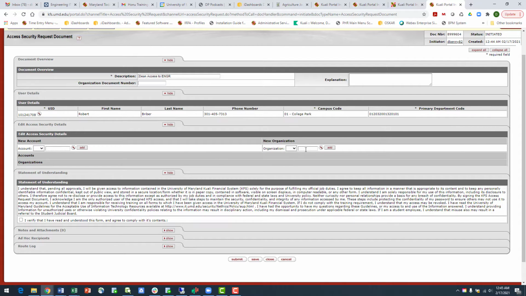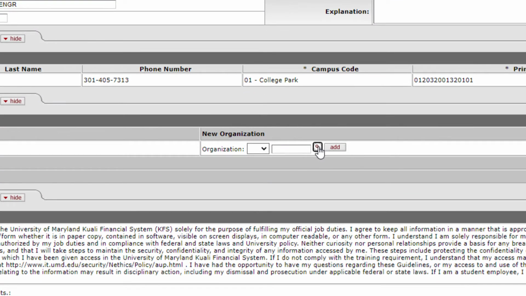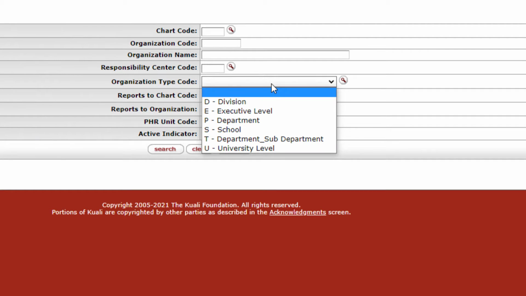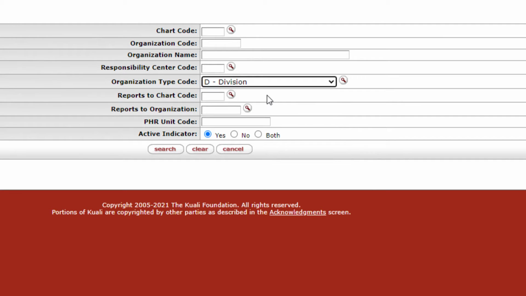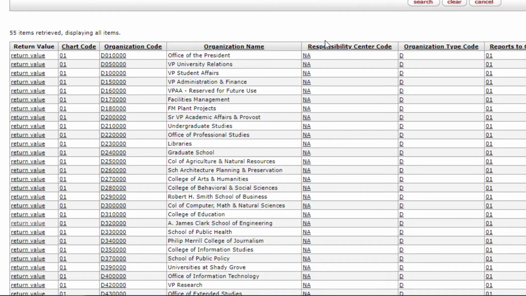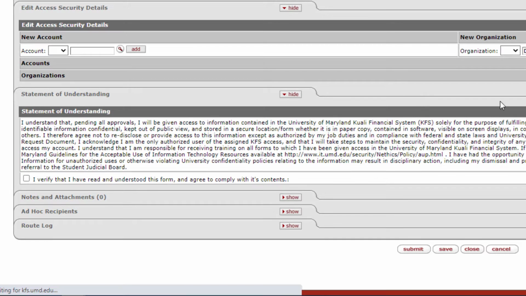So if you don't know the organization code, same thing, you can hover on the search button. When that loads, the trick with this is to be able to choose the drop down, and for him I'm going to look for division. If I just click on division and hit search, it's going to give me every division available in KFS. I know that the A. James Clark School of Engineering is division 32, and I can click return value and it'll flow back into the